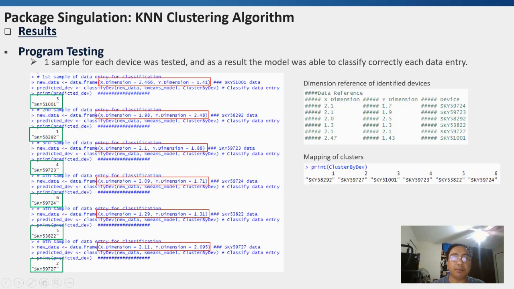So for the first sample, we have inputted an X dimension of 2.466 and a Y dimension of 1.41, which refers to the device 2.47 by 1.43, which is SKY 51001, and in the mapping clusters, which is also cluster number 3. So as you can see here, the result tallied with the identified devices and also based